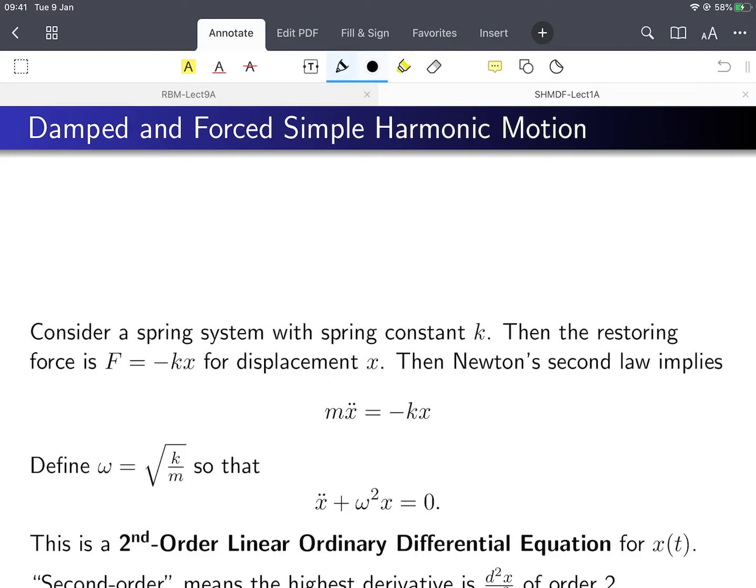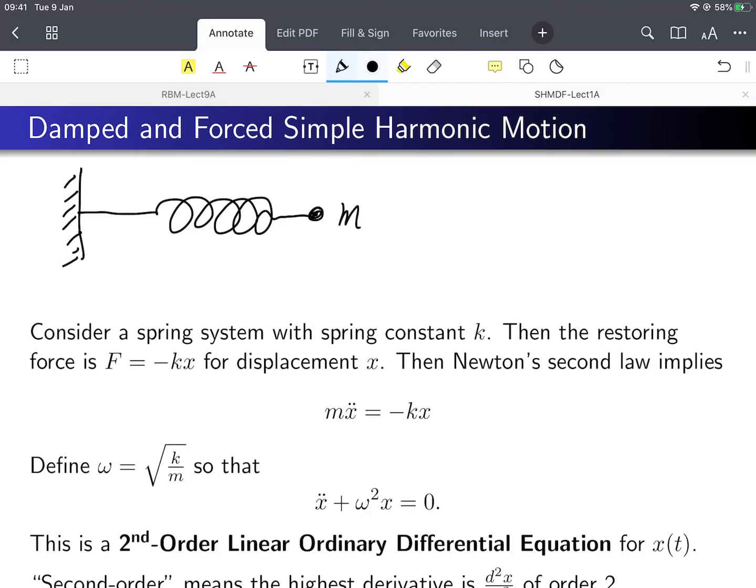So now we start a new chapter. Students might find it easier. It's really more mathematical than mechanical. You'll see. It's all about solving differential equations, basically. So if you look at the spring system, I have it horizontal like this,